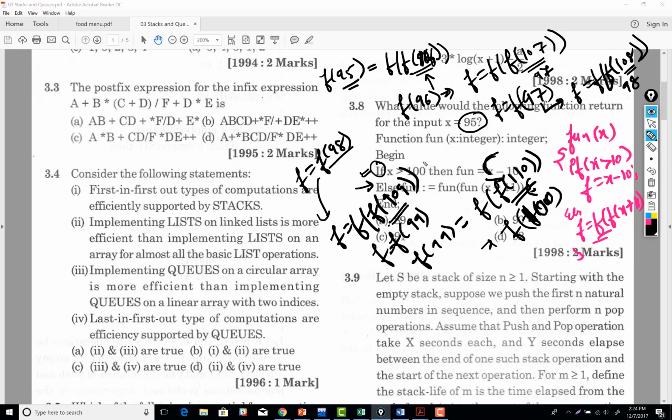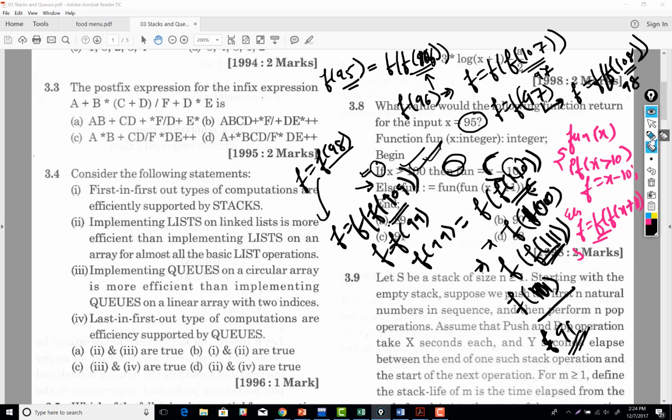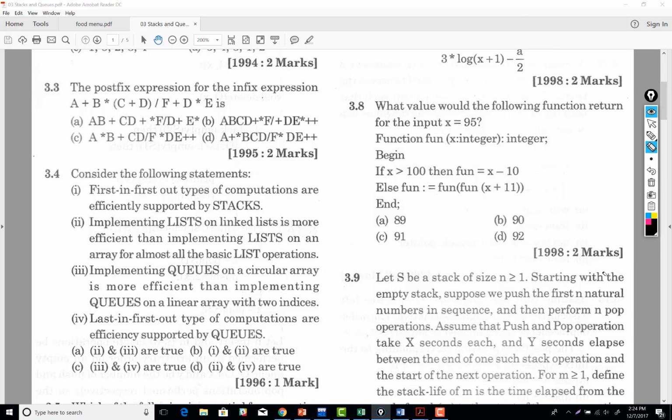So f of 100 means this condition is false. So we are going to call f of 111. Again, for 111 this condition is true. We are going to execute f of 91. Right? 111 minus 10. No, that is going to be 101. So again we are going to execute this statement which says minus 10, so that is going to be f of 91. So the answer is option C, 91. Okay. Easy. Good. Okay. Now